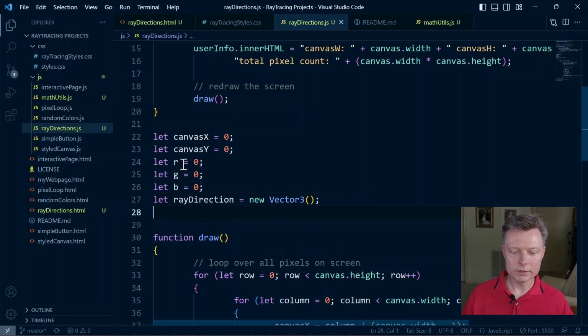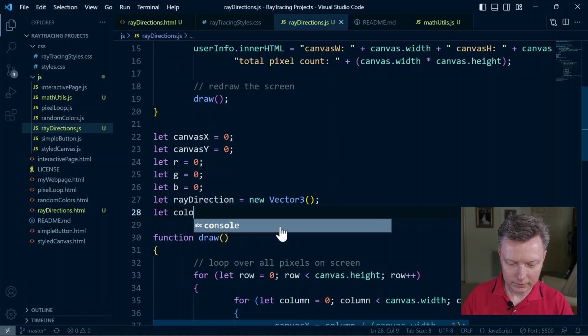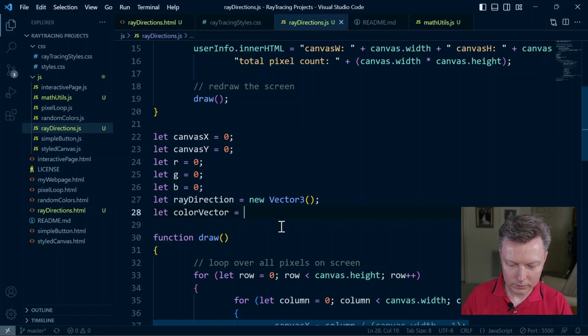And just for fun, notice that colors also have 3 components. They usually have R, G, and B components. And so there's nothing saying that vectors have to just be little arrows in space. They can also be sets of numbers that have that many components. So R, G, and B, that's 3 components, and so we can make a color vector. Let's create an example of that. So let colorVector